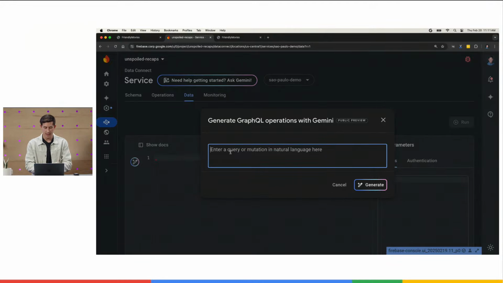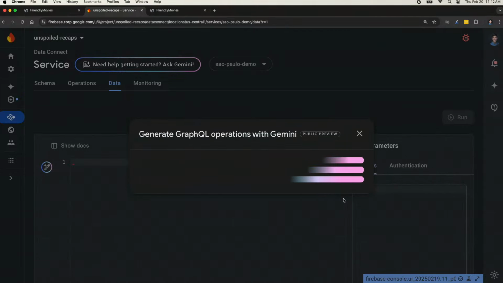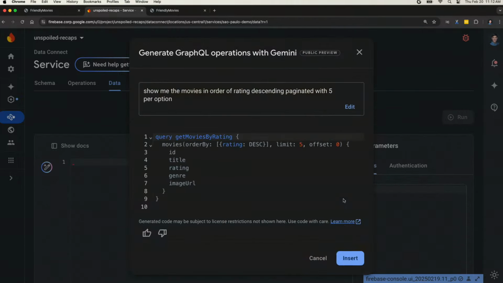So let's say, show me the top 5 movies in order of rating, descending, and let's try to paginate with 5 per option. And let's see Gemini take my poorly worded request and create a query for me.